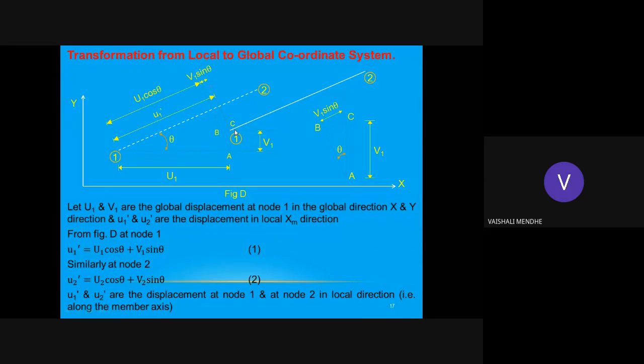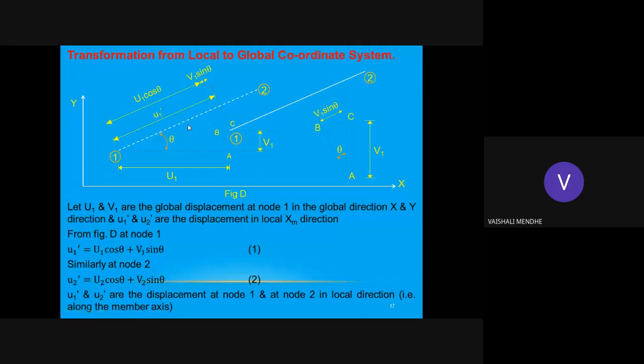मतलब यहाँ से लेके यहाँ तक deformation हो रहा है under the action of the load. And then node 2, you can see here the dotted line, node 2. This is before deformation, the node 2 will be here. After deformation, there will be some deformation in the member, so that will go in this direction. So there will be a displacement at node 1, before and after deformation.